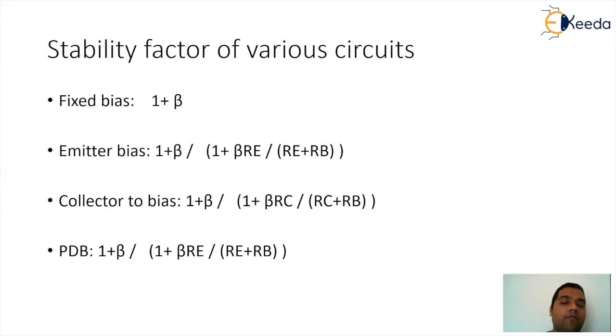Statistically, if you see for different combinations of potential resistors and transistors, it is justified, or you can say it will be observed, that potential divider bias will prove as one of the best biasing methods for BJT, because it will try to give you a stability factor which is going to be closer to 0.